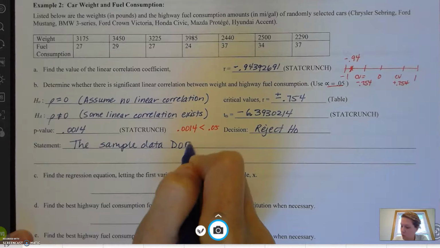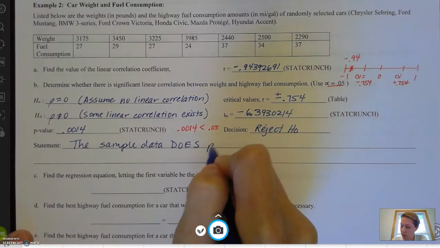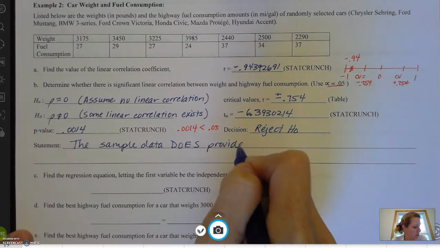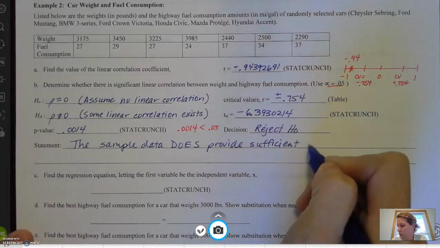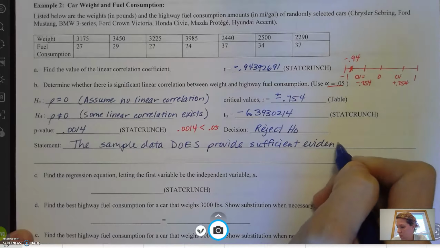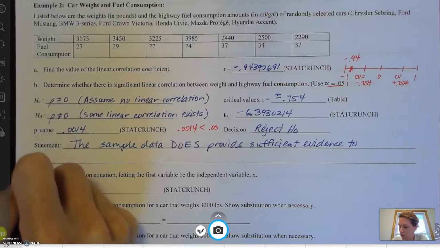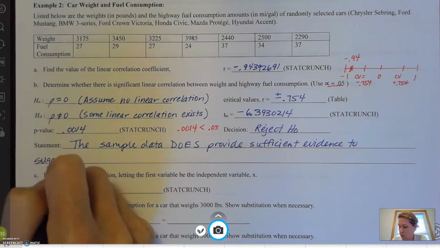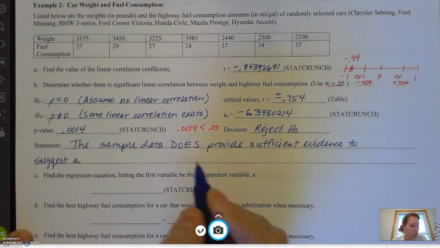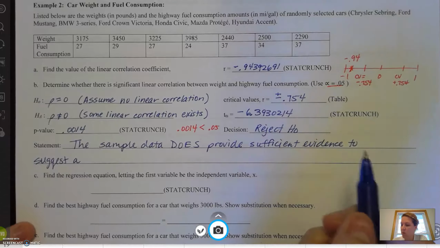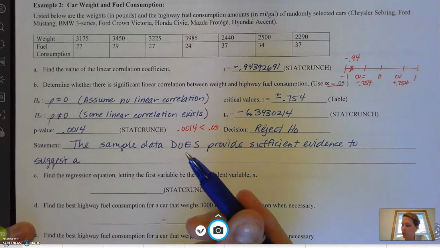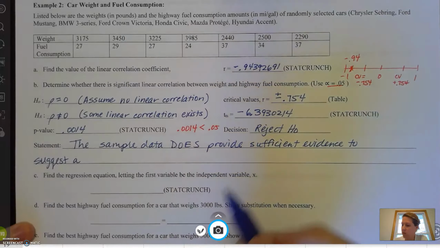does, remember when it's rejected, does provide sufficient evidence to suggest a, and this is where we choose positive or negative, or we leave it blank. Well, remember, according to the graph, it was going down to the right, so that indicates negative. Also, our R correlation coefficient, since it's negative, we're going to say a negative